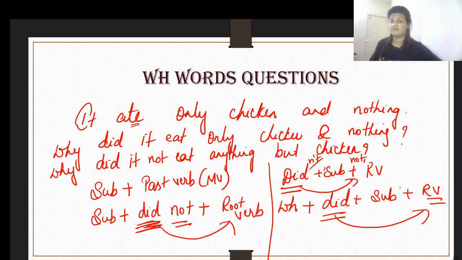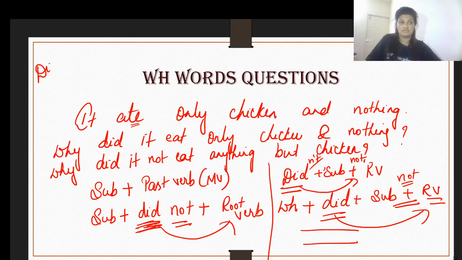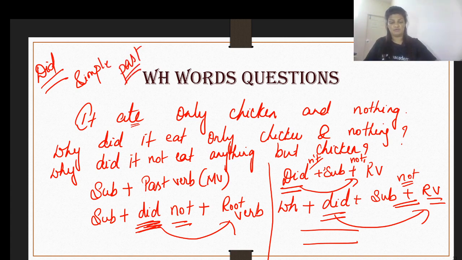To make it as a negative, put the word not after your subject, and there you will have your proper sentence structure. If you see did in a statement, this means it is your simple past. So what is a simple past? A simple past is an action that has been mentioned in past tense, which shows that the action is completed in some time in past.